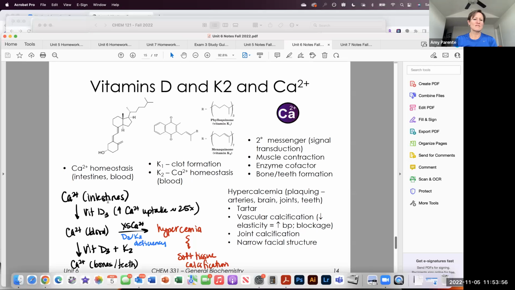So it doesn't matter if you just have vitamin D3, that'll get it out of your gut and into your bloodstream. But if you are deficient in K2, that is going to mean that you're going to have excess calcium floating around in your bloodstream. Hypercalcemia is what it is. I actually didn't even write it right here. It's hypercalcemia. It's not hypersemia. Hypercalcemia is going to lead to soft tissue